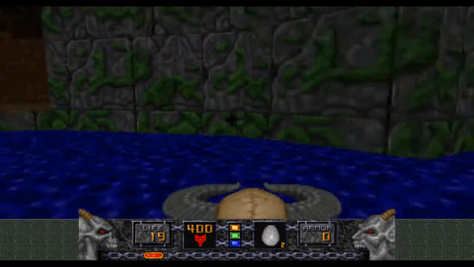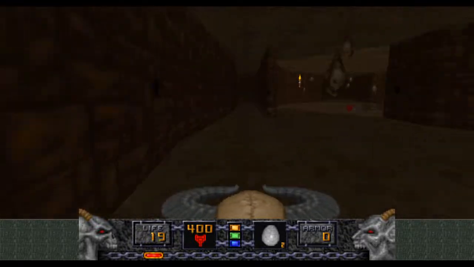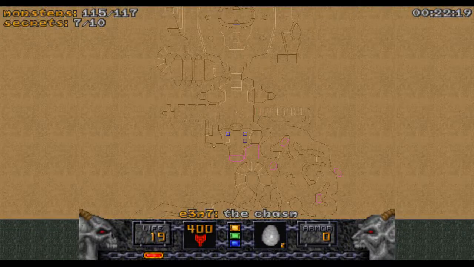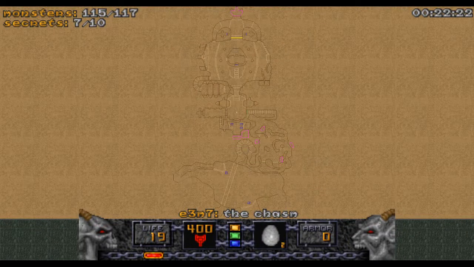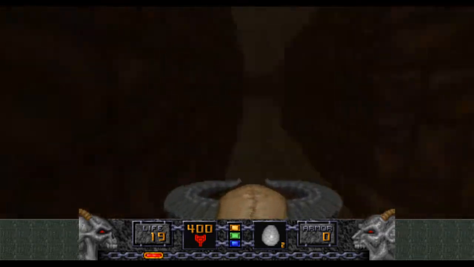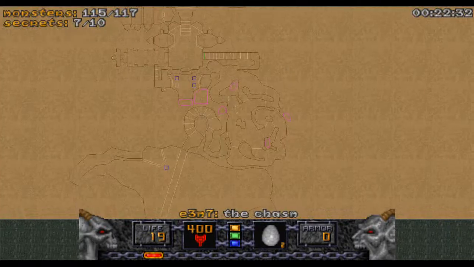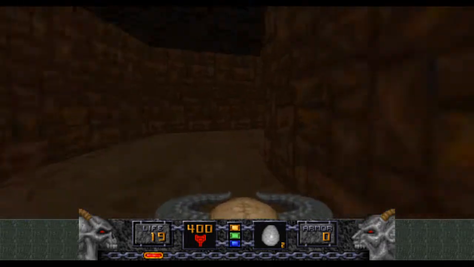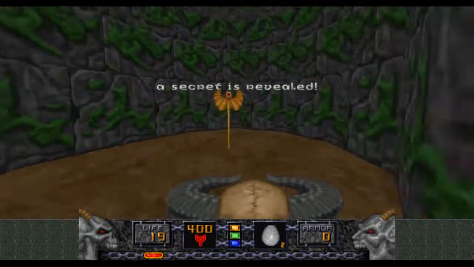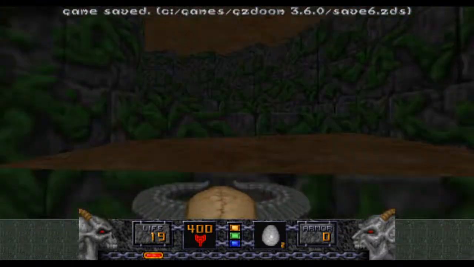Right, where are we going? Back up to the bridge, I suppose. This way. I only have 19 health. Wait, hang on. That's not the way to the bridge. Which way to the bridge? Through there. But there is something I saw here. This one? This one! Hey, a phoenix rod. That's nice. And if we go up and around...